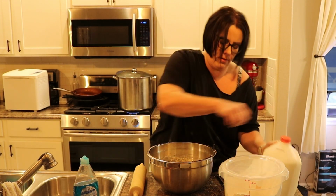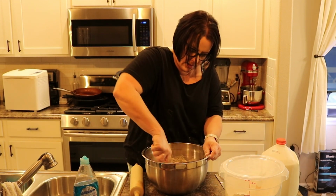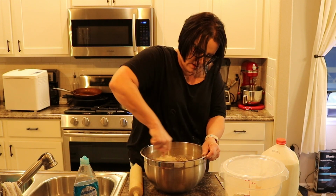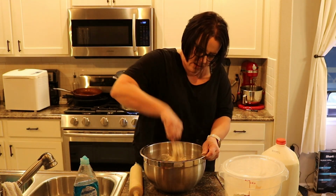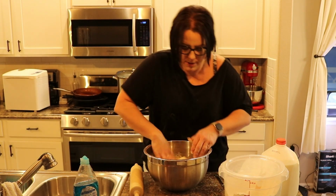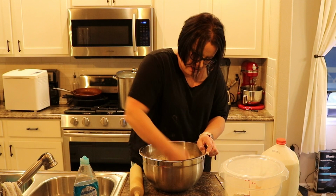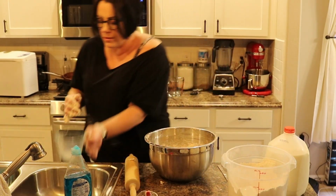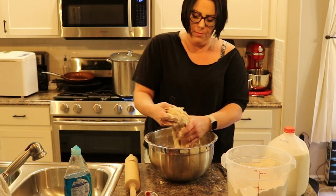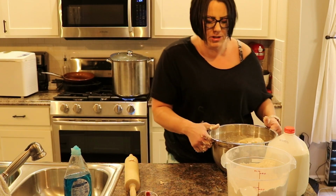So that's probably about another 1/4 cup. And then once it's kind of wet looking, I'll go in with my hands and just give it a mix. Okay, so once you've got your dough to about the consistency you want it, a sticky-ish pizza dough type, almost feeling dough,